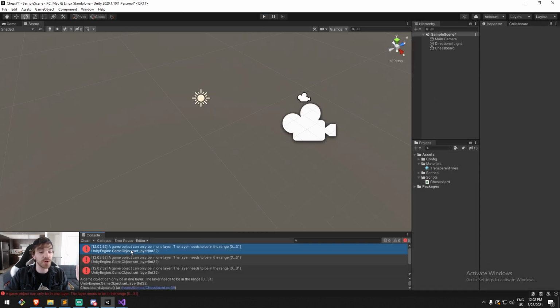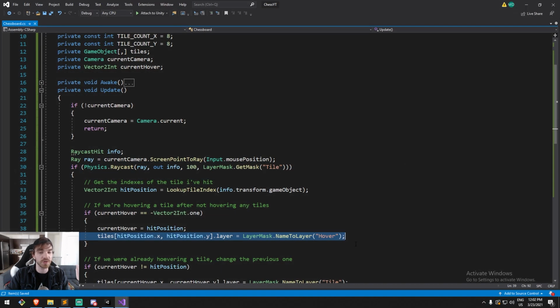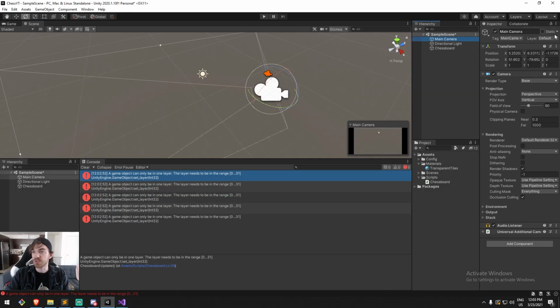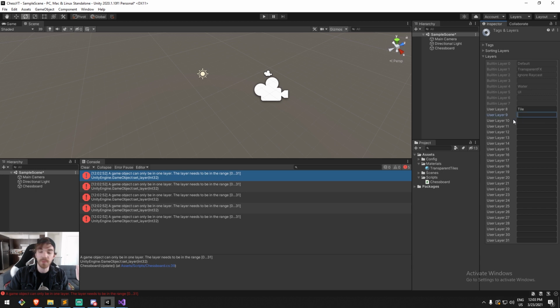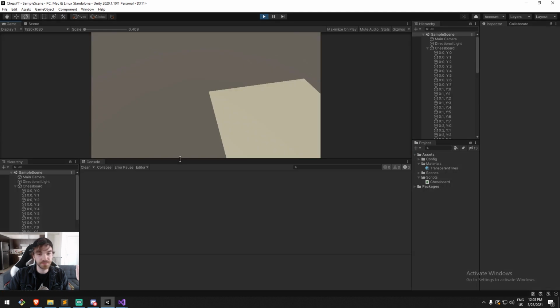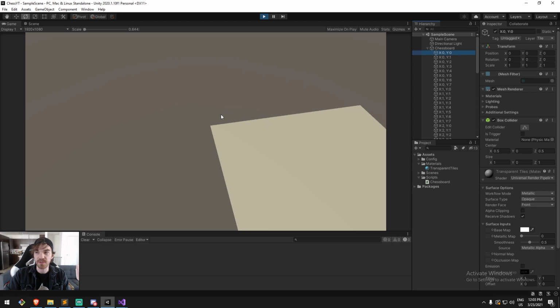And here we get some problem with a game object that can only be on a single layer. So let's have a look where this is. Oh, name to layer hover does not exist. I forgot about that. So let's go back, create ourselves a new layer, call this one hover, and press play again. And as I hover this tile,